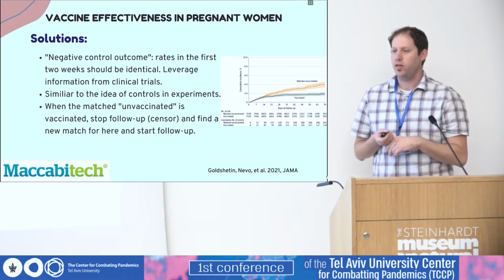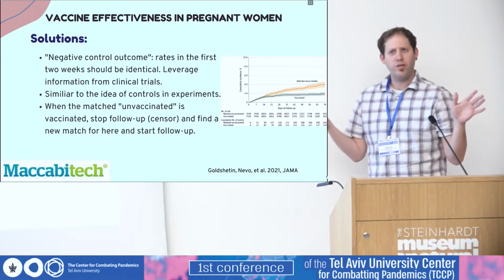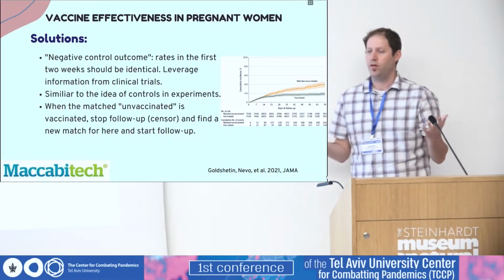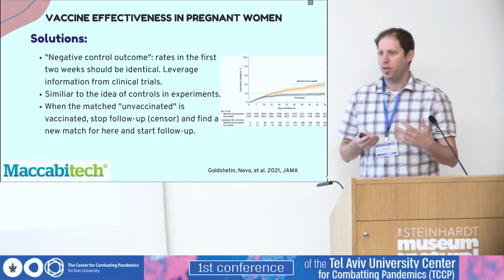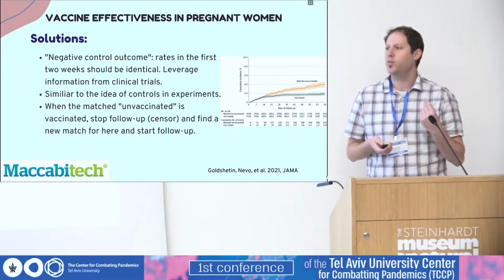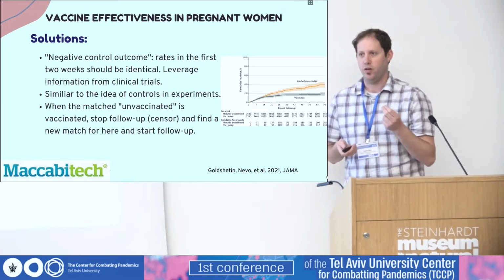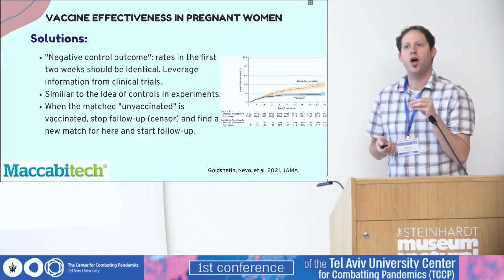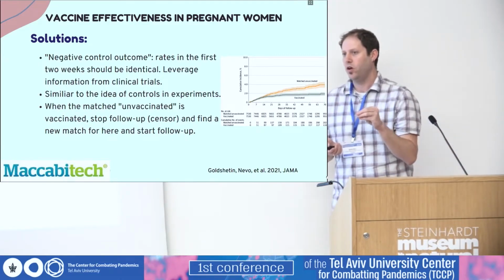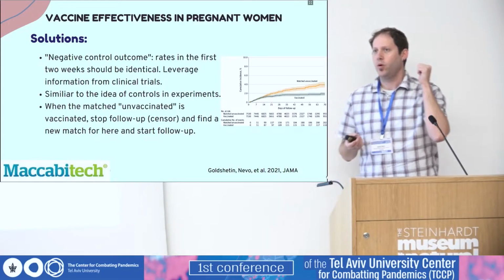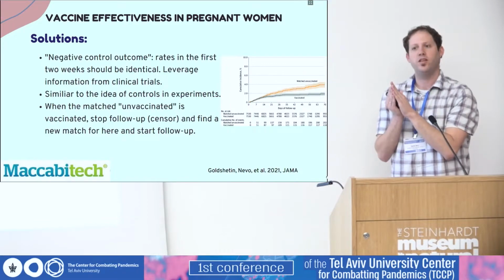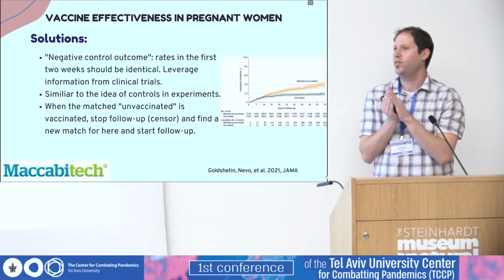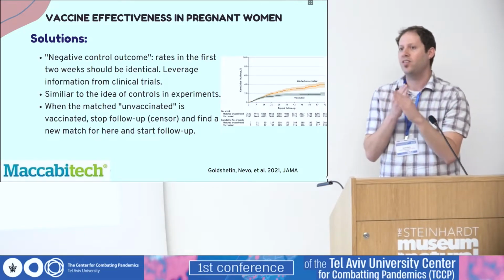We used something called negative control outcomes. For the experimentalists in the audience, it sounds completely sensible, but for people working on observational studies or with core data, it's maybe less clear. The idea is that we find something that should not be affected by the vaccine allocation. Specifically, we are lucky, it's kind of funny to say, that the vaccine should not be effective in the first 10 or 14 days. We know it from the RCT, right? So if we see any difference between the vaccinated and the unvaccinated in the first 14 days, it shouldn't be due to the vaccine. It must be that our two groups are not comparable.